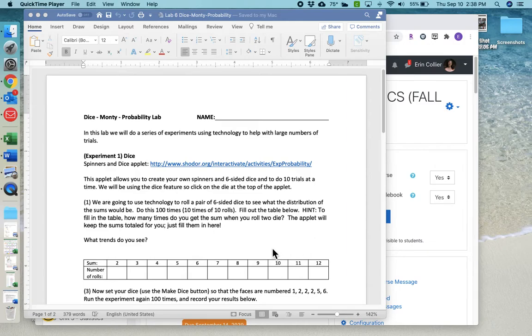Guys, I thought I'd make a quick little video showing you how to use these applets, just in case you are having trouble and what exactly you need to be filling into the table here. So this first one